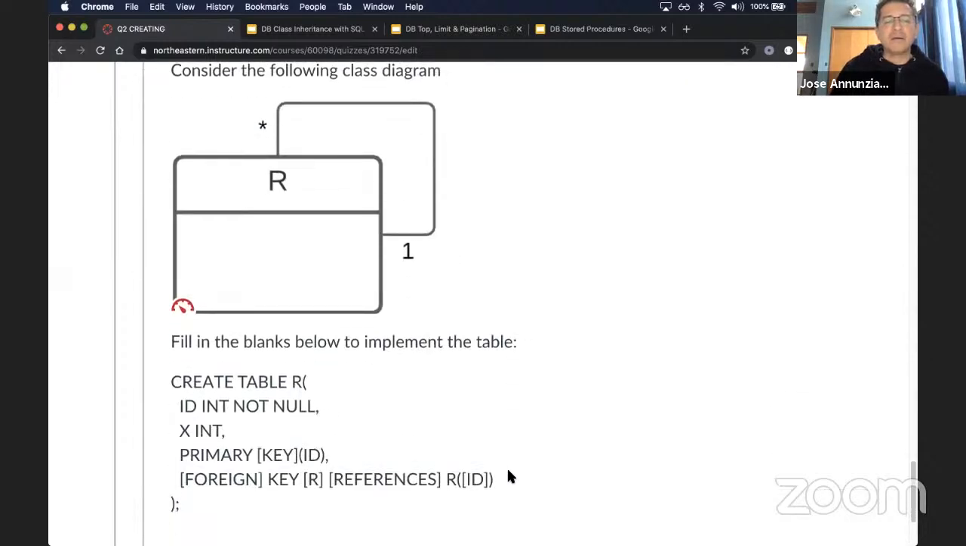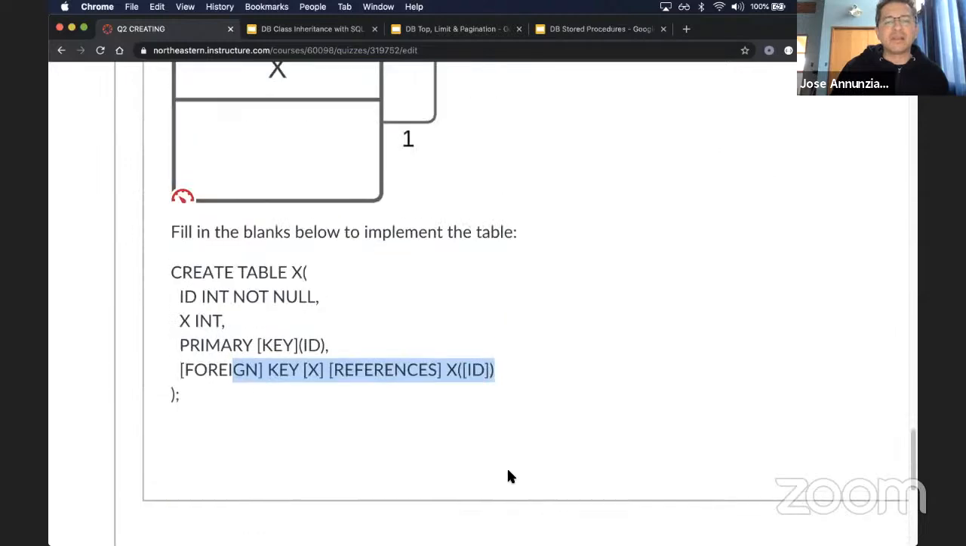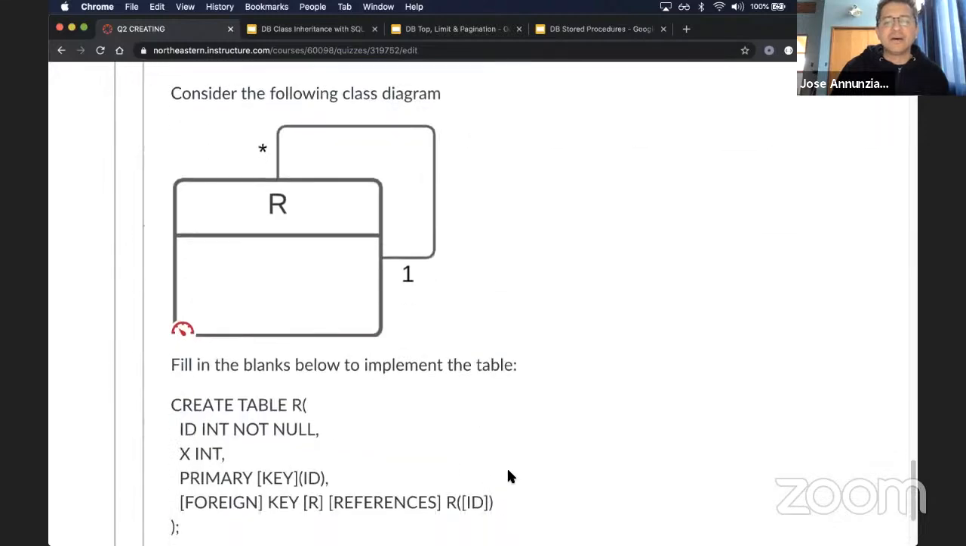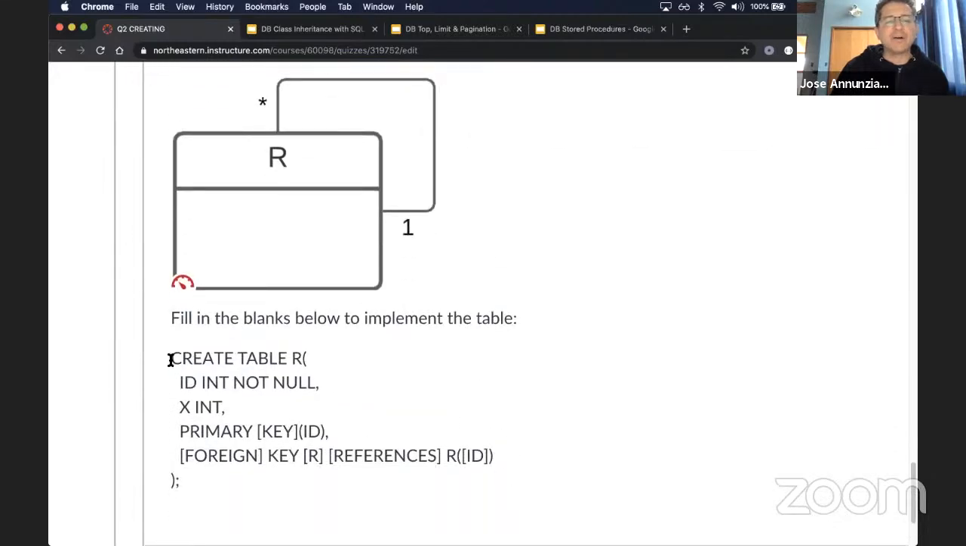And here's R, and here we made a mistake in R. Let's see, we have a create R, and notice that we left in the X. See that? That makes no sense, right? That was supposed to be R, and that references R and references R back. So again, if you got this wrong, we're just going to give you the points again because we messed up